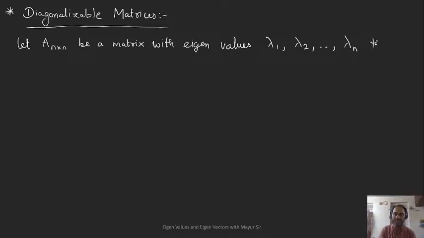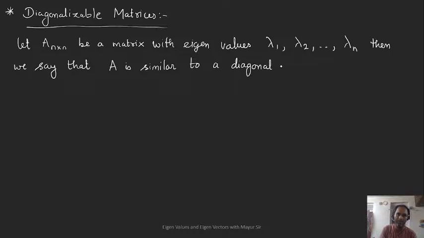Then we say that A is similar to a diagonal matrix D, n cross n,